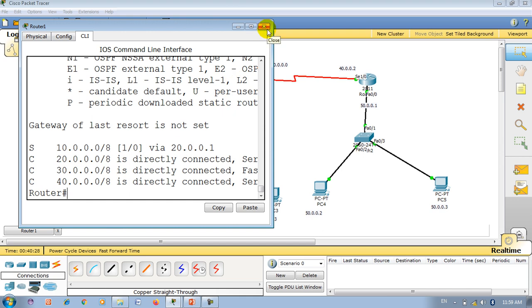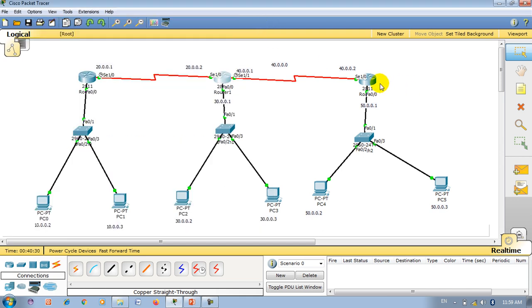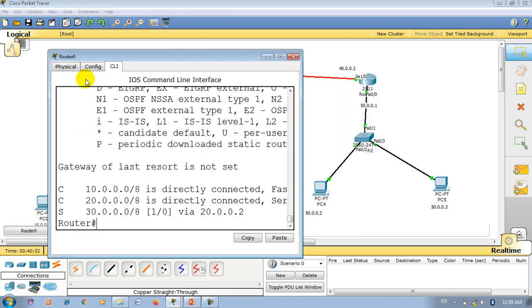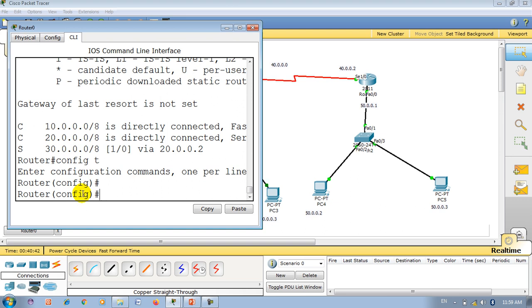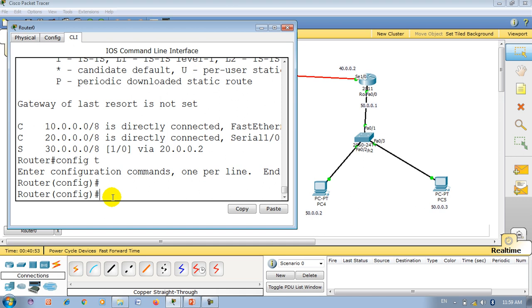Now we have to add each and every route. Here it has the knowledge of 10, 20 and 30, so we still need to add 40 and 50 manually. What if we had 100 networks, 200, 500, 1000 networks?